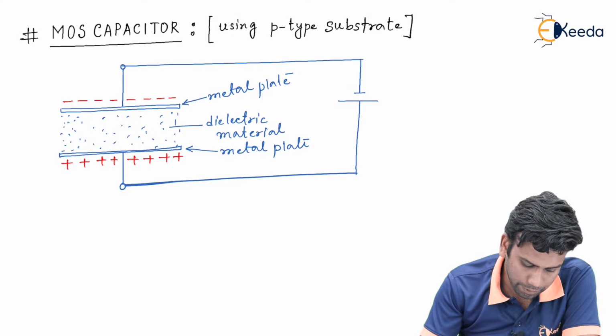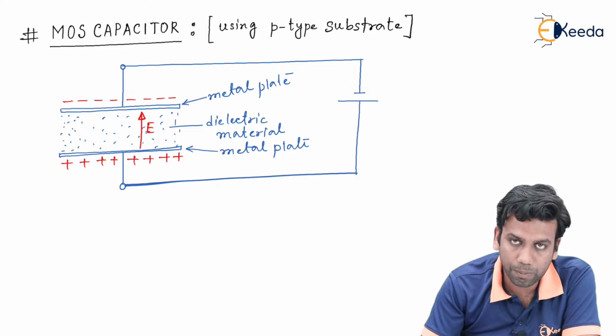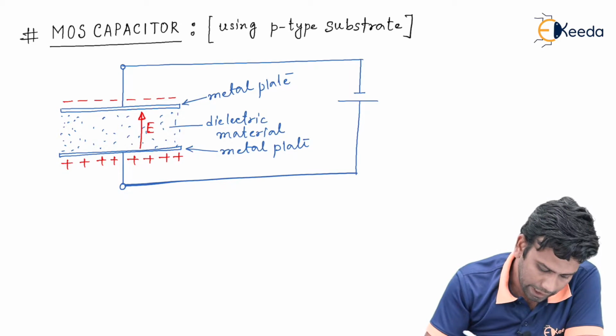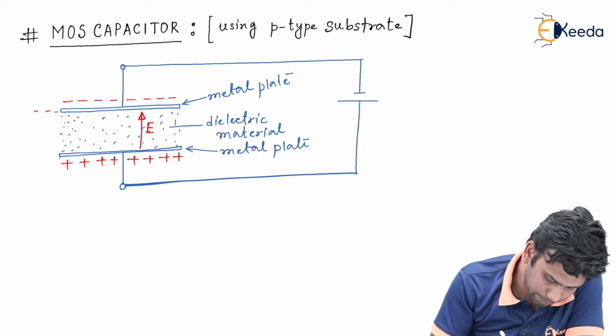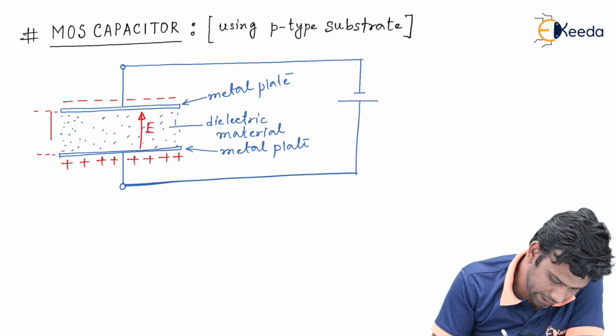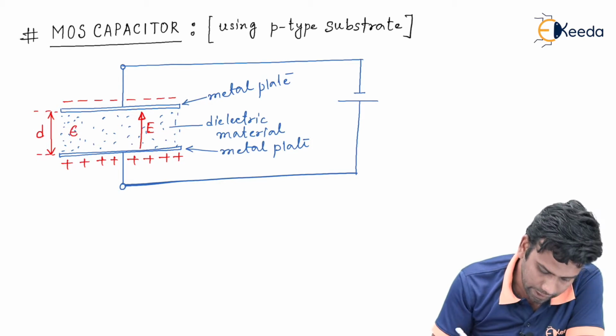Now there will be an electric field created inside the dielectric material in the upward direction, and if the distance between the two metal plates is small d